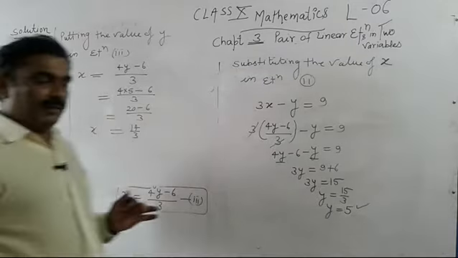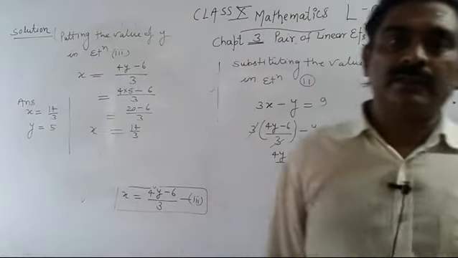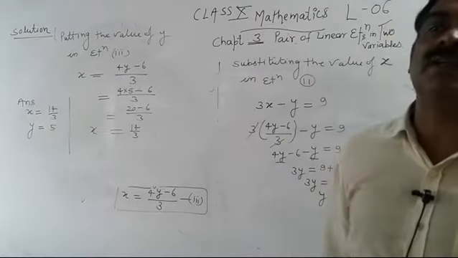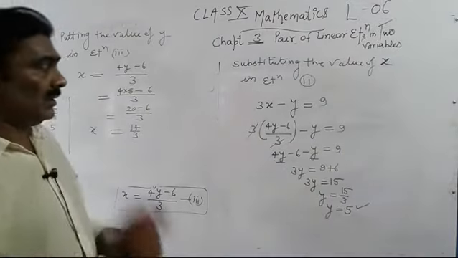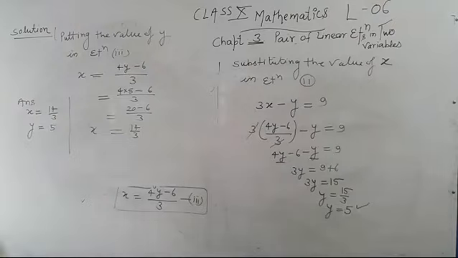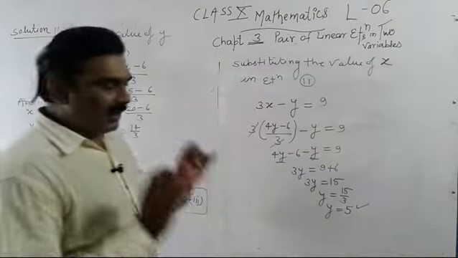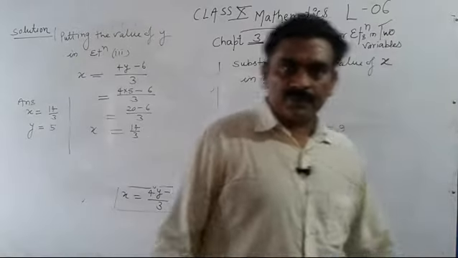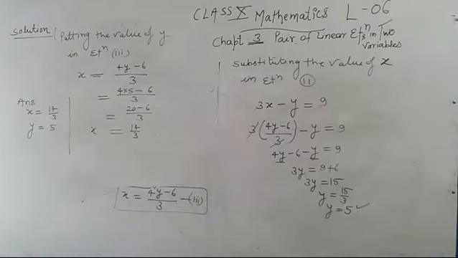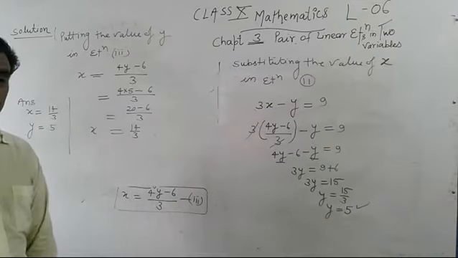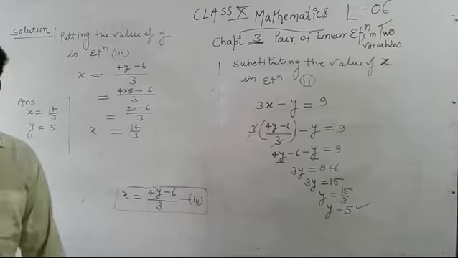So by both the ways we have found the same values of x and y, therefore we can say that our answers are correct. Still, if you want to check your answer, then you can check it by putting these values in any one equation, and certainly you will get left hand side is equal to right hand side. Okay, so it was the fourth part of the first question, and I hope you will solve the remaining parts of the first question. Now we will solve some next questions.